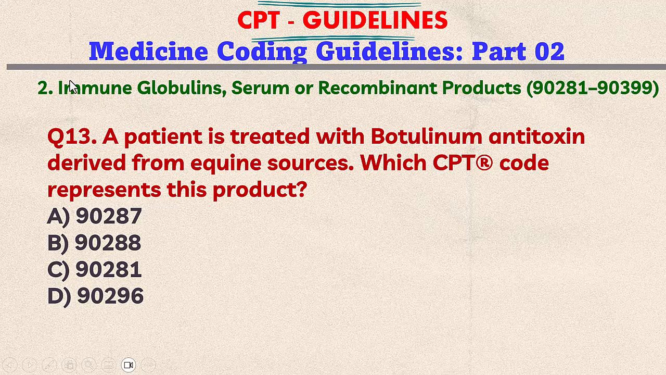Question number 13. A patient is treated with botulinum antitoxin derived from equine sources. What CPT code represents this product? So there are 4 answers available. Take your CPT code book and find the answer. So here you have to highlight this is a botulinum antitoxin derived from equine sources. So when you look at the answers, all answers are adjacent codes. So you can use the elimination method in the exam, but for the learning purpose, let's use the CPT Alphabetic